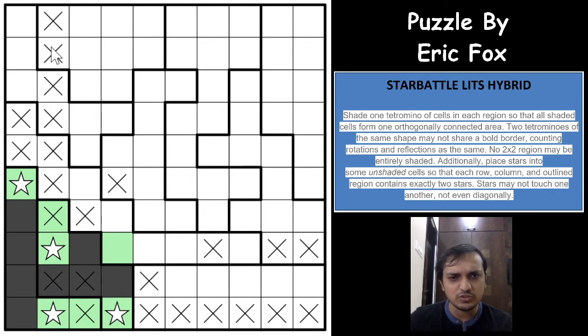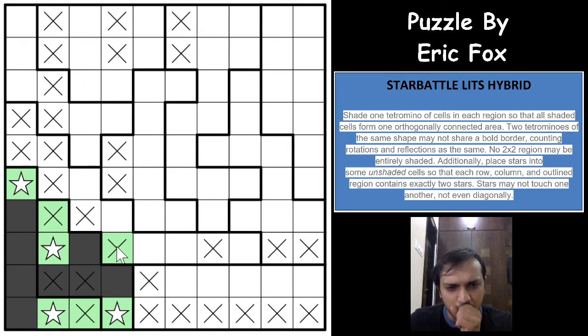Now if you see columns 3 and 4, you have 1 star here. 1 star will be in one of these 2 cells. 1 star will be in one of these 3 cells. And 1 star will be in one of these 6 cells, because you cannot have both stars here. Which means that you have exactly 4 stars in these 2 columns. You cannot have a star here because we already deduced 1 star will have to be in one of these 2 cells. So this can be cancelled out as not being a star. And now if you see here,